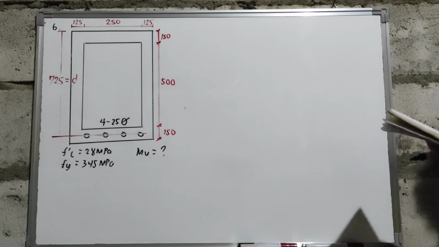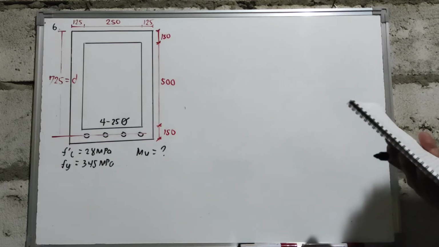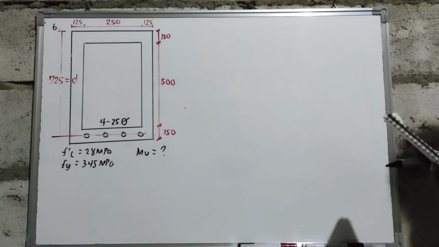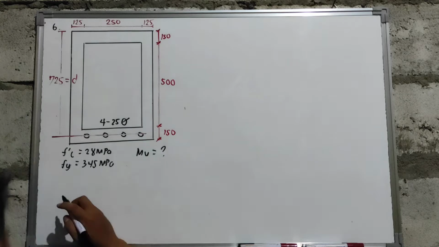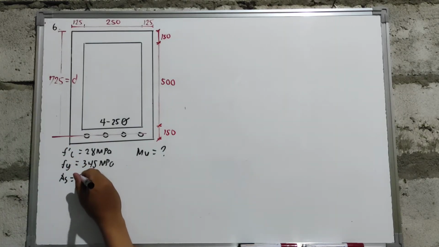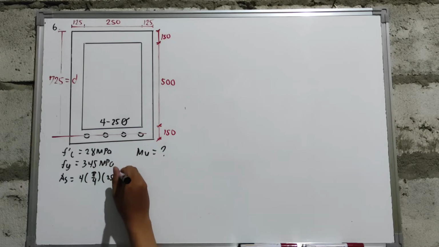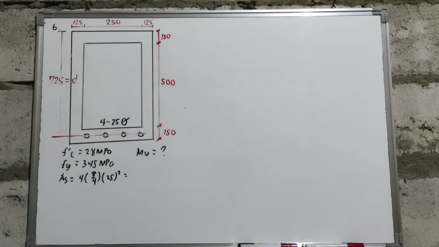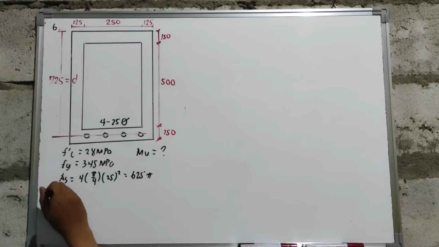So, for this one, kailangan nating malaman kung irregular ba yung section natin or hindi. So, sir, paano po natin malalaman yon? So, compute muna natin yung value ng AS. So, your AS is, meron tayong 4 na piraso ng bakal na merong 25 mm yung diameter. So, you have a value of your AS which is equal to 625 pi. So, for your first step, since meron tayong singly reinforced beam,